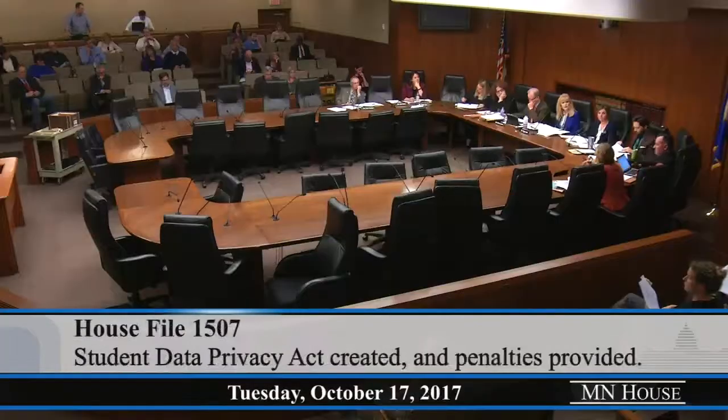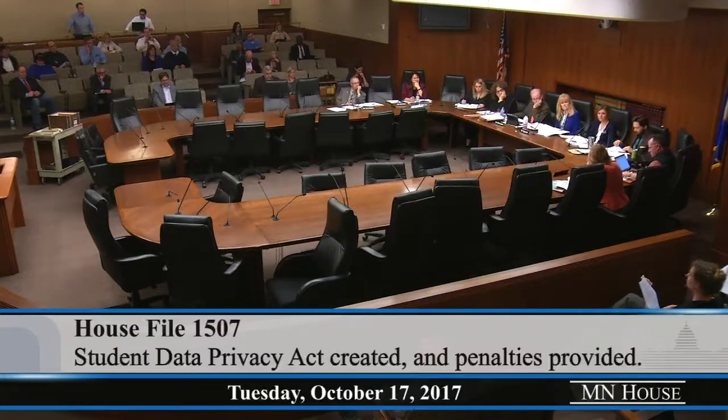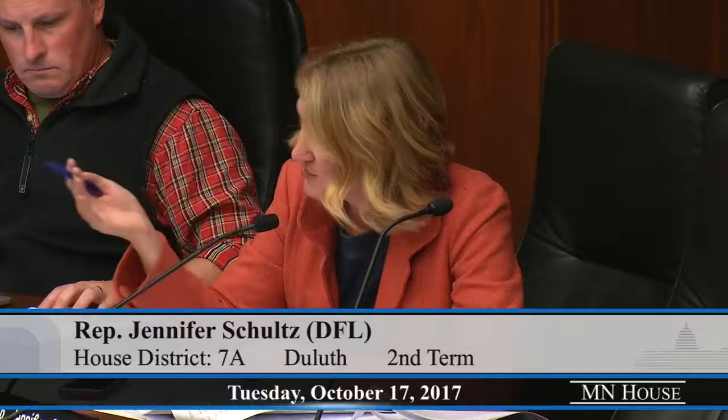Representative Schultz? Thank you. So who owns the device? If the student doesn't own the device, can't they say that if the school owns it, can't they take it without worrying about getting a warrant? I know for employers, they can search their employees' computers because they own the device. So who owns the device? And I think that may vary